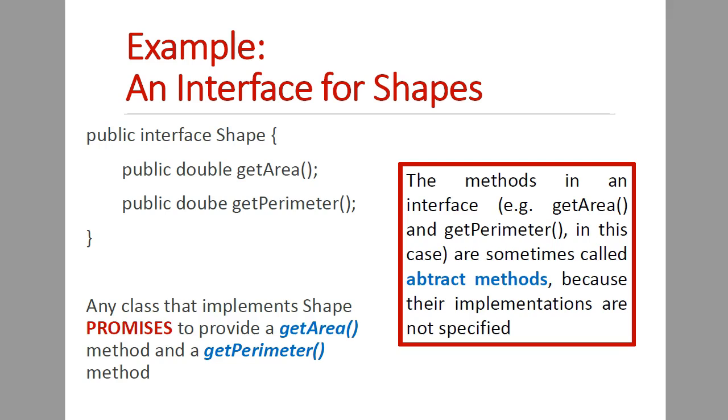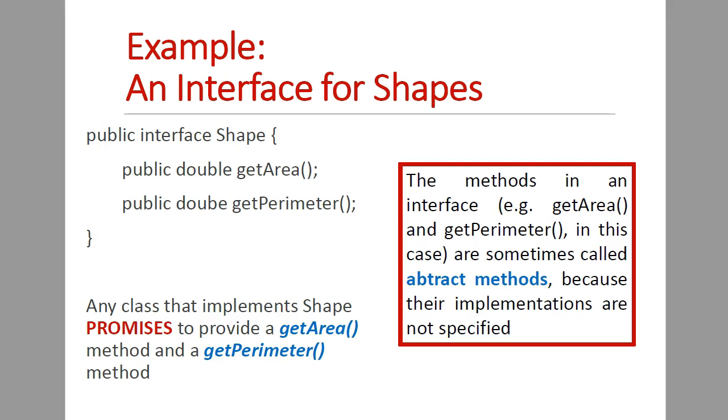I'm going to jump ahead to take a look at an actual example of an interface. For example, here you've got a Shape. Now, you declare what kind of methods this interface is going to have. So in this case, there's getArea and getPerimeter. You can implement something like a Circle that implements this interface Shape. And so you can figure out the area is pi r squared, and the perimeter is pi d,